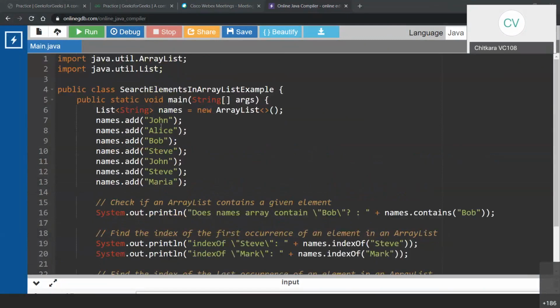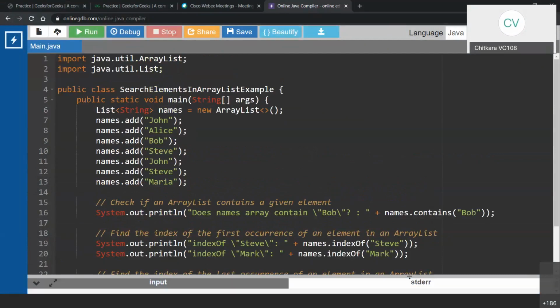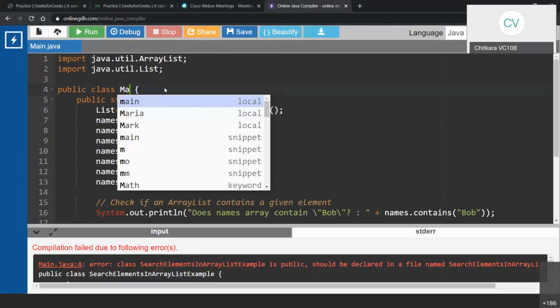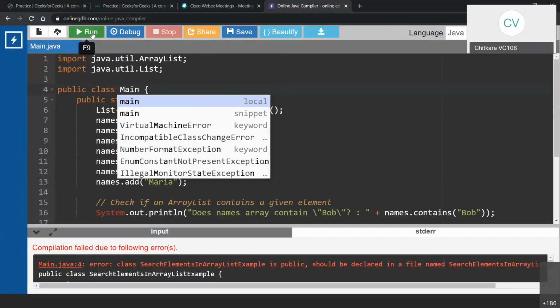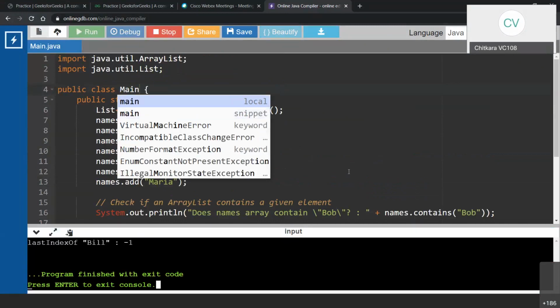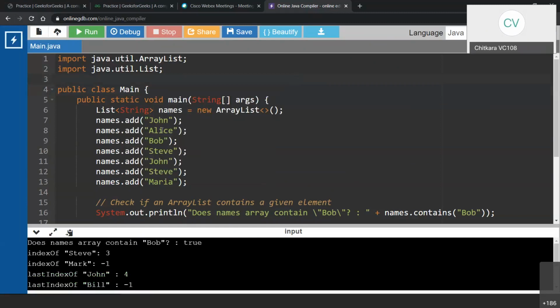And this is the list. So we have got this particular list: John, Alice, Bob, Steve, John, Steve, Maria.